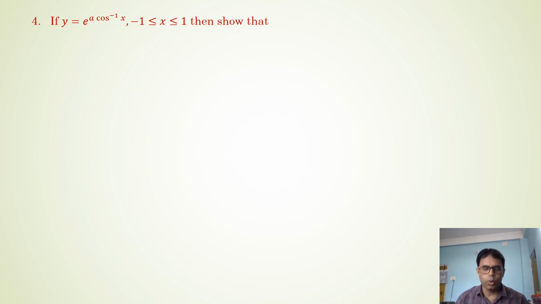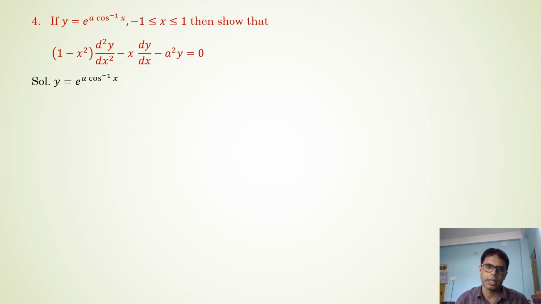So to show this in this question, we already have done these types of questions in the previous videos of second derivative, that is in the NCERT book. There are some problems also having this structure. So in this question also, you just take the given expression, first find dy dx, then if you have some replacement there, use the values. After that you take the second derivative, and finally you will get the answer very easily. So first I am taking the expression there, y is equal to e to the power a cos inverse x is the expression. So here